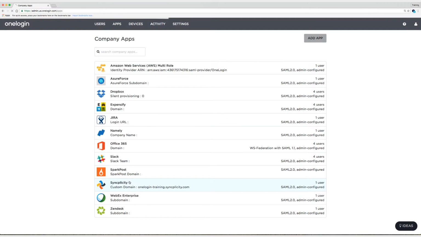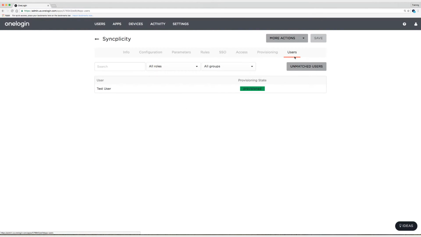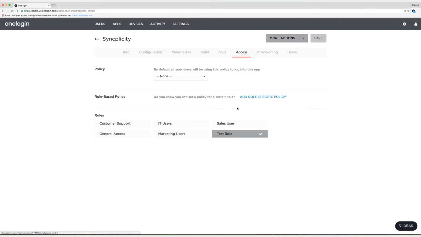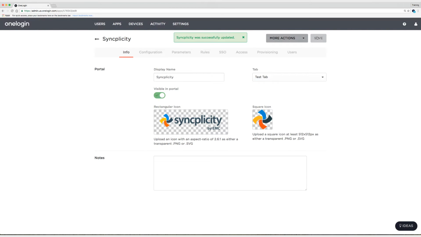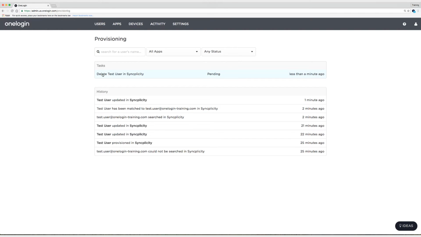So one of the last things we're going to do is test that delete. So we'll go to Users, and we'll see this user is now in a completely provisioned state. What we're going to do is now head on over to the Access tab, and I'm going to uncheck this box now. And this is going to delete the user. So I'm going to click on Save. We remove the app from the user. So now if we go to Users and Provisioning, we should see a delete test user, and here it is,